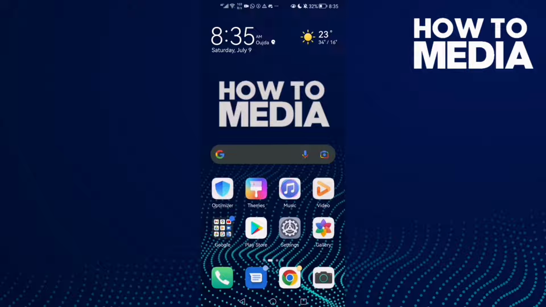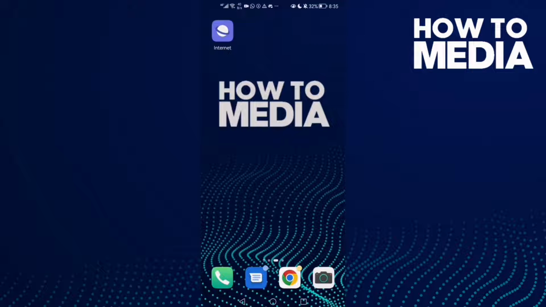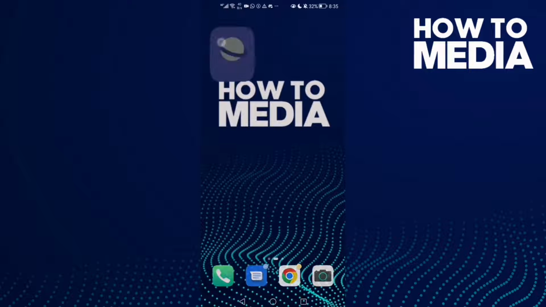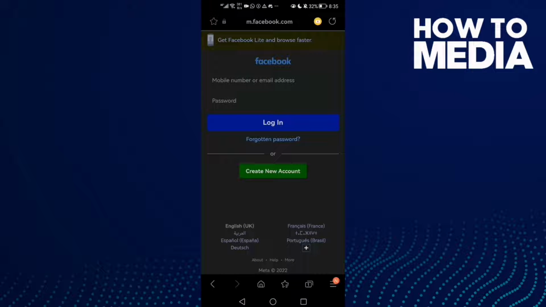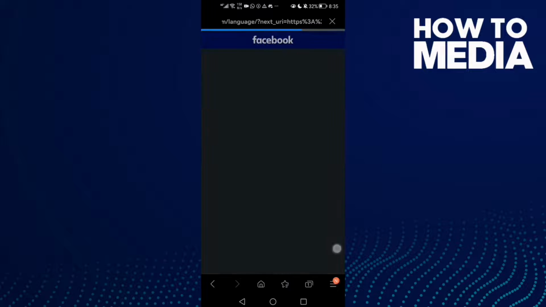First, open the browser and go to any page you want, like this one, and then click this one here, these three lines,